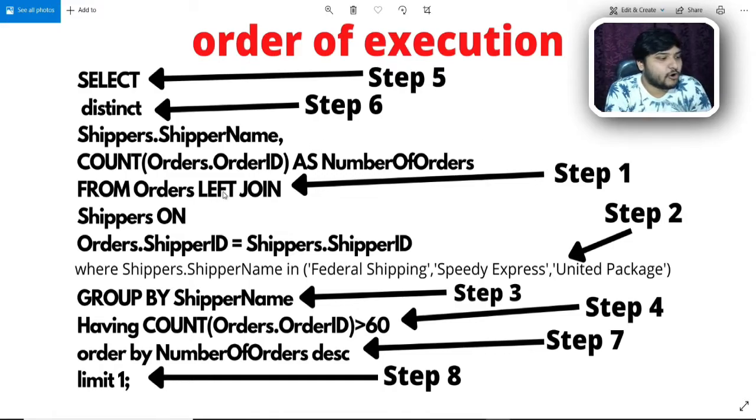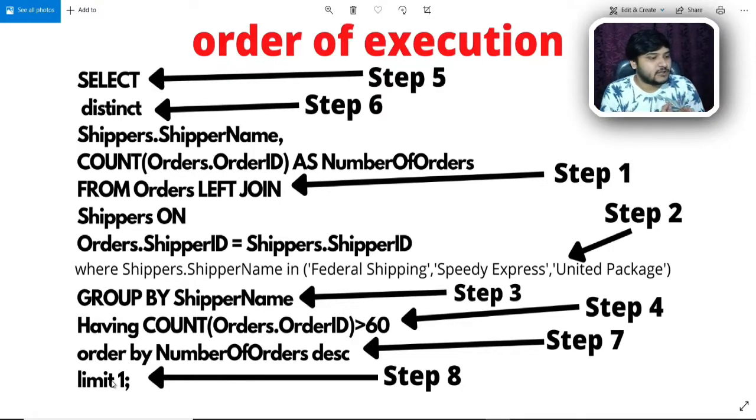The step 1 is from orders, left join would take place, then in step 2 the where clause would come, in step 3 the group by function would come, step 4 the having function would come, it would filter out data from the aggregated things, then in step 5 the select statement would come into action and it would represent the entire data. After the data has been represented, the distinct function would come into action and remove all the duplicate values. After step 6, you can see the order by clause and the limit function would come into action, and this is the total order of execution of the SQL query.